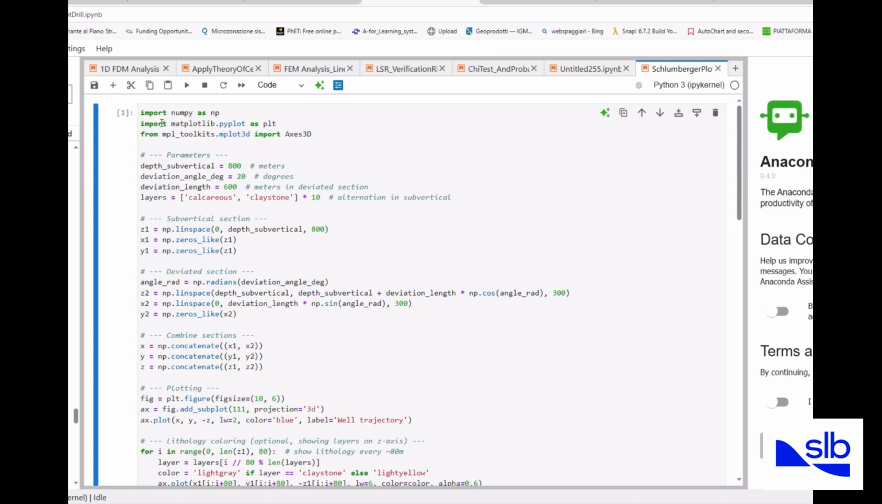So in this video we are going to show you a basic plot for a SUMLeger project. We are using NumPy and Matplotlib, the classical libraries for Python. We are plotting